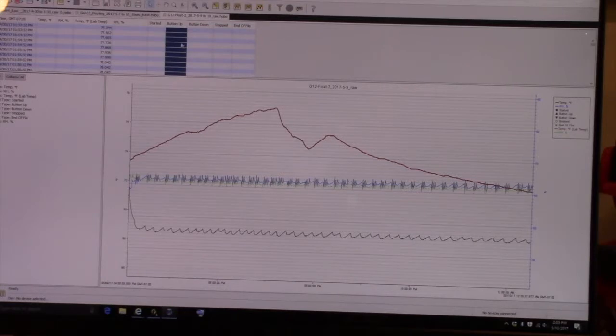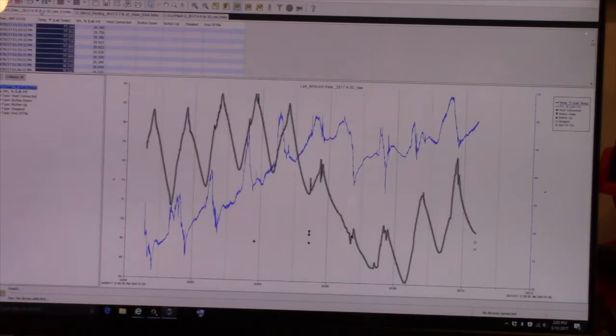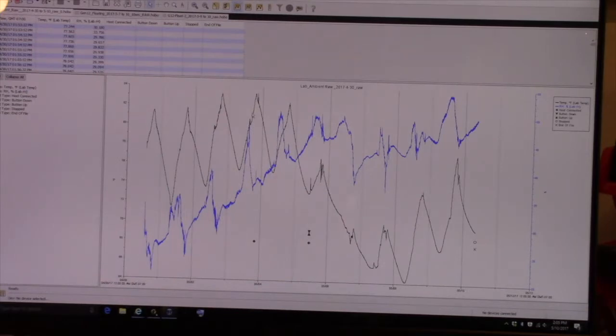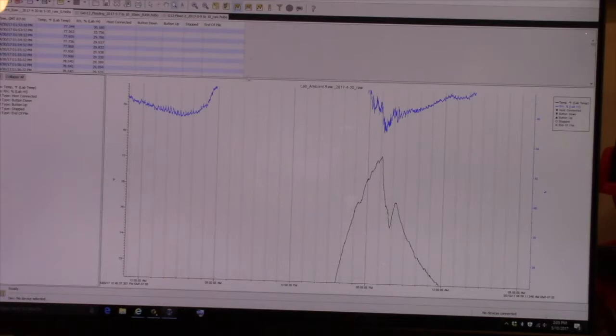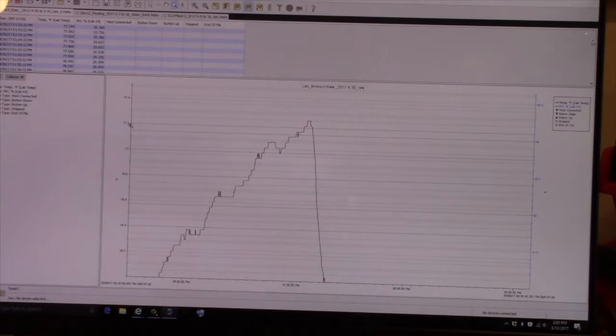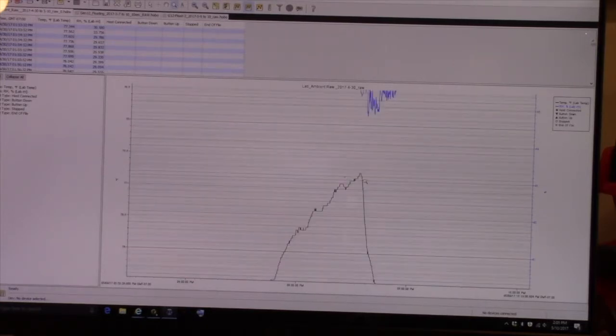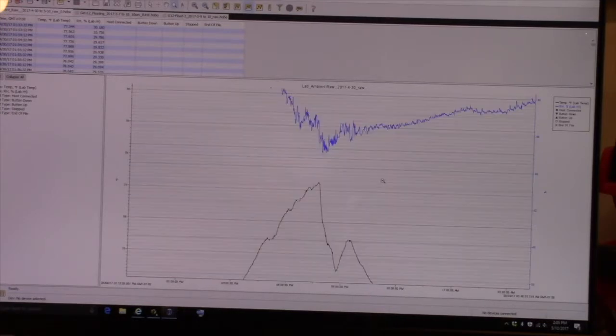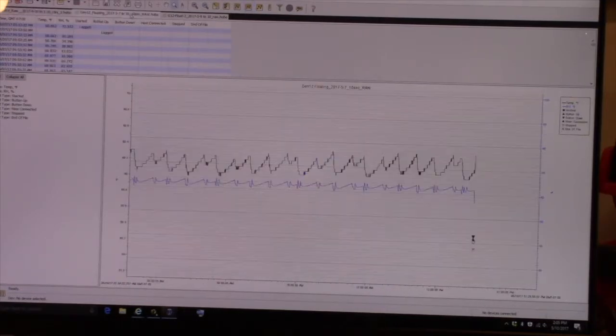In the warmest day, I could go back here into the 80s, but what I did was I captured this point right here, and I time aligned it with the other chart, and so this peak right here is about 77. It's a little over 77 degrees, and so let's go back to the other chart,